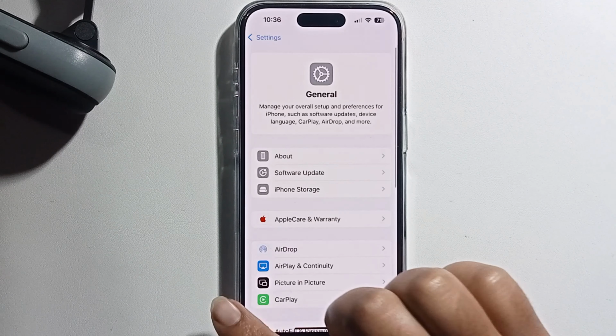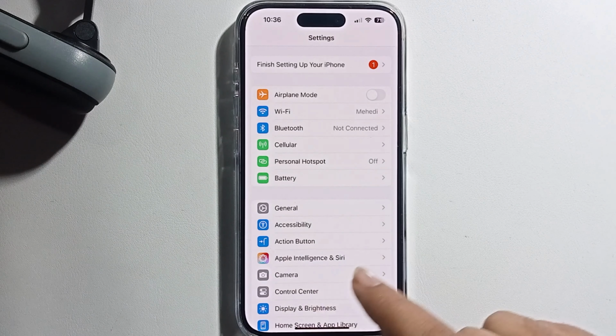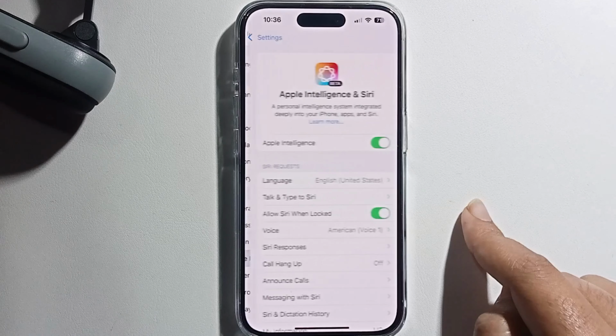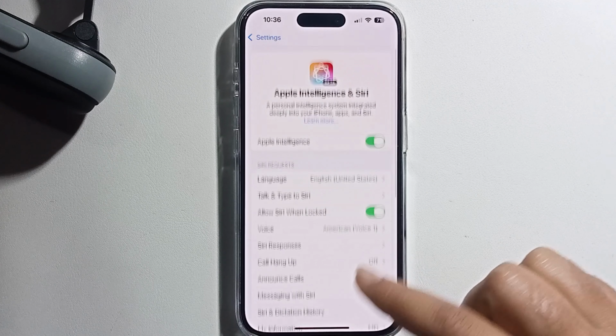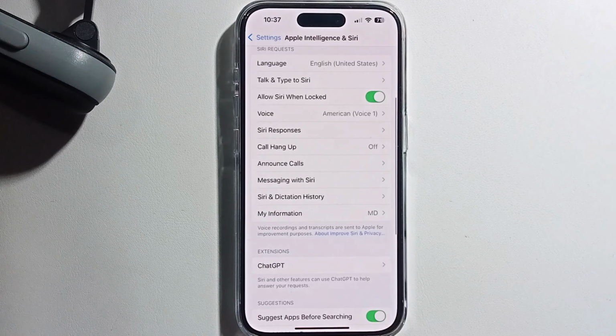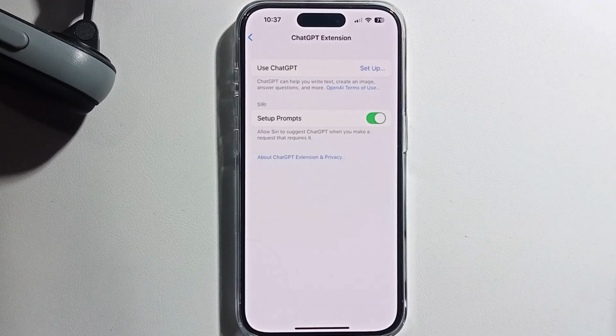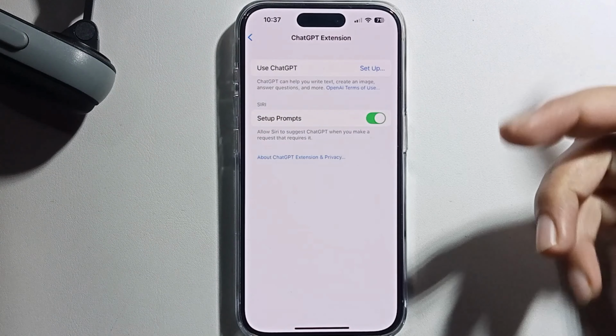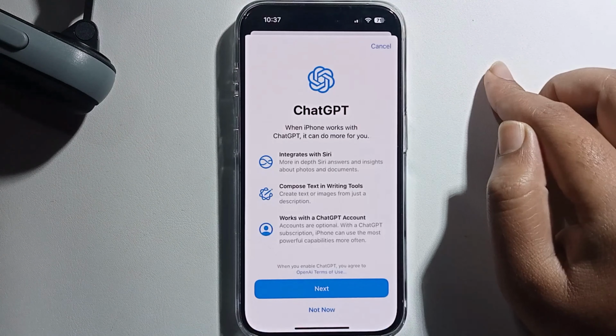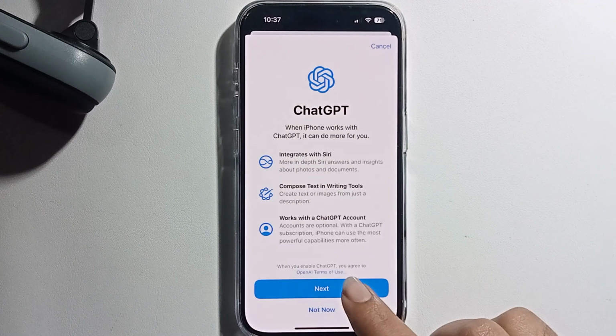So go back, open Apple Intelligence and Siri, and then ChatGPT. Just click on it. To use ChatGPT, at first you need to set up. So click on set up and next,